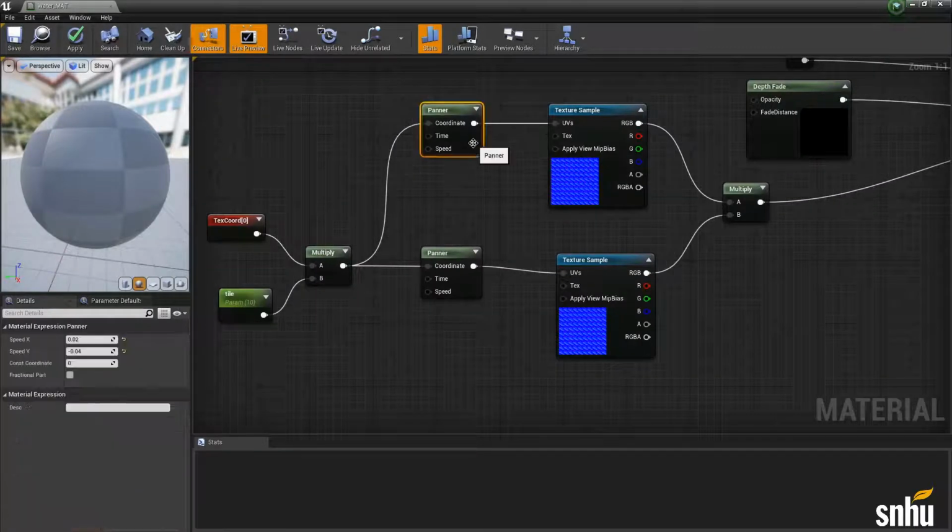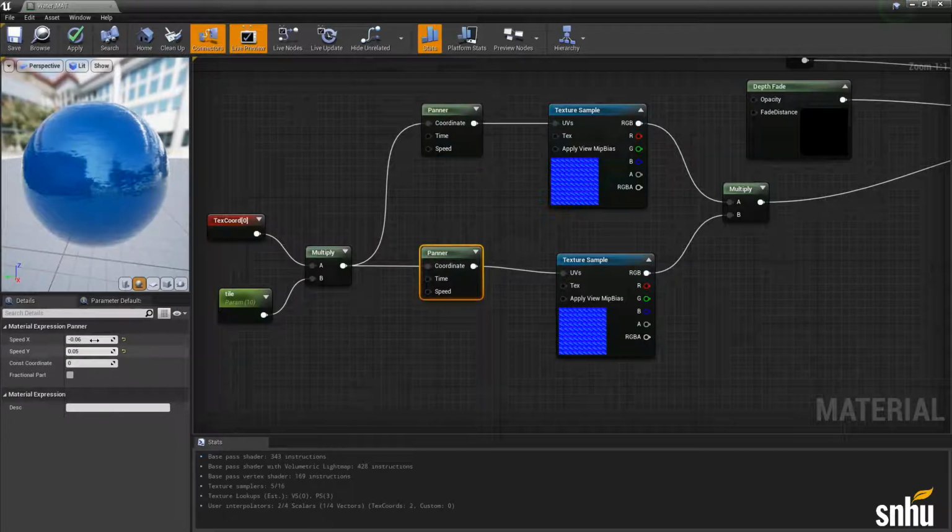And what's happening here is I'm using a panner node, which quite literally pans the texture in whatever direction I have these values at. So 0.02, it'll move 0.02 in the X direction, negative 0.04 in the Y, and then this one's kind of opposite here. And that's how I get this movement here, because these textures are essentially infinitely tiled upon themselves. So the more you have it tiled, the finer the details are going to be, and that's how you're getting this movement here, these two nodes.